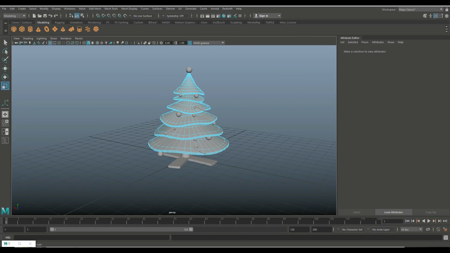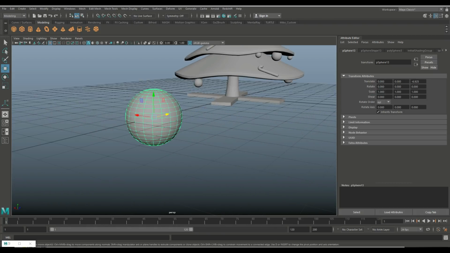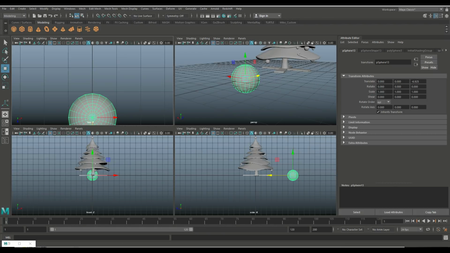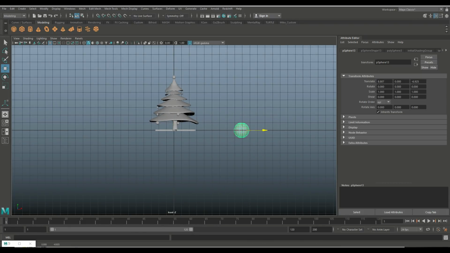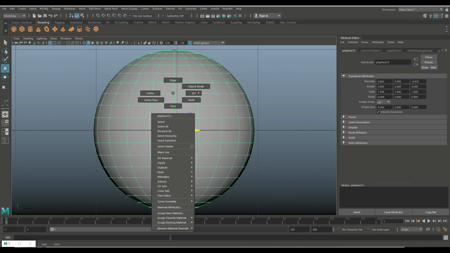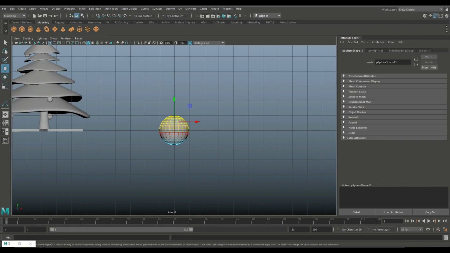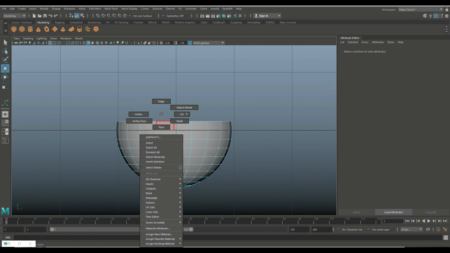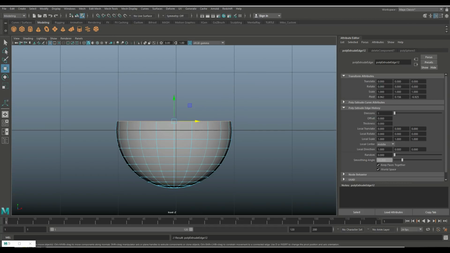Okay. So we got that, and then what you can finally do if you want is kind of create something that resembles a light. So one way to do that is to take a polygon sphere here, pull this out, and what we'll do is we'll jump in. Let's move this out of the way here. Just gonna hit F to frame it, right click on the face, drag select the top here, turn off B, delete that. And then we're going to go in here, edge, double click, Control E to extrude, W to pull up,